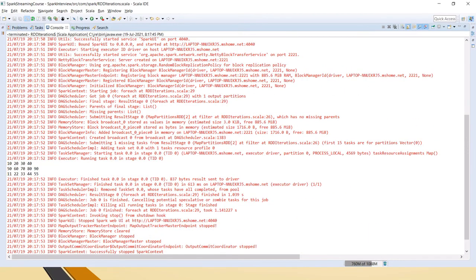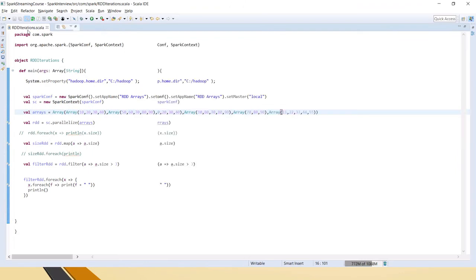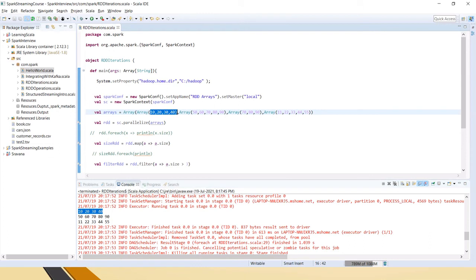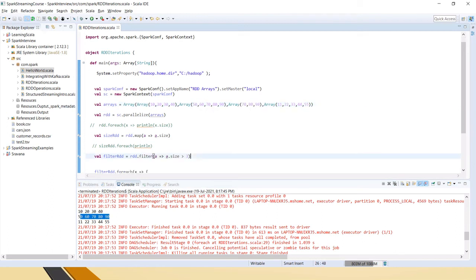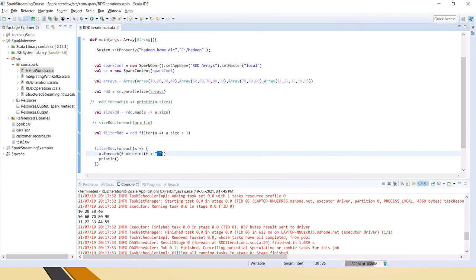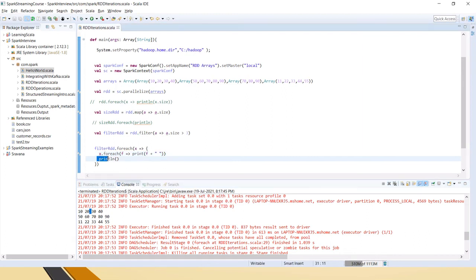If you see here, I'll minimize it so that you will understand. 10 20 30 40 is the first array, 50 60 70 80 90 is the second array, and the third one has a size of 3. Here we have the filter condition, hence it has not been included. And finally 11 22 33 44 and 55. Because we have given a space here, it printed with a space delimiter, and here we are using println, so it printed on the next line.